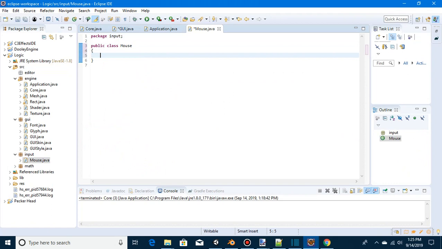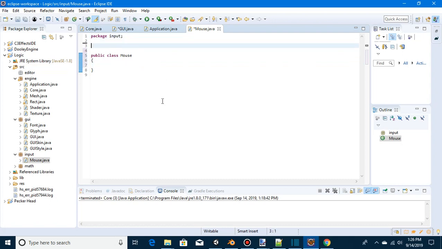So for instance, like a hand for grabbing or scrolling or whatever, which we'll go ahead and put right